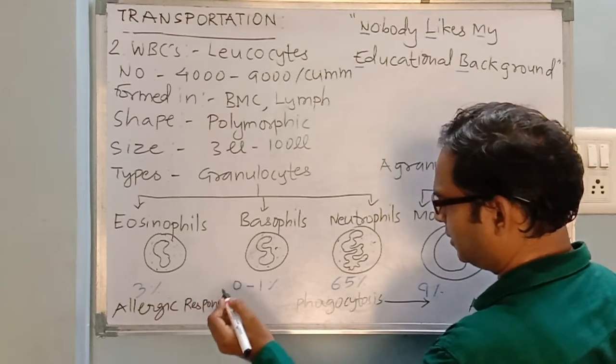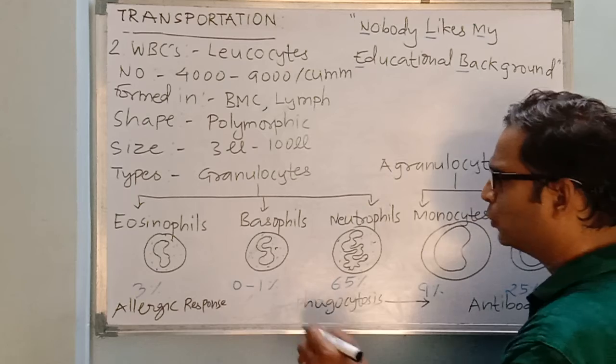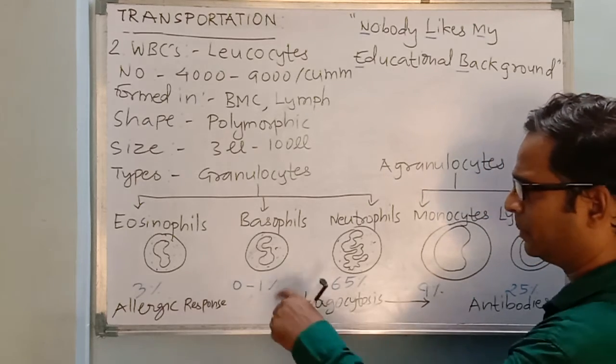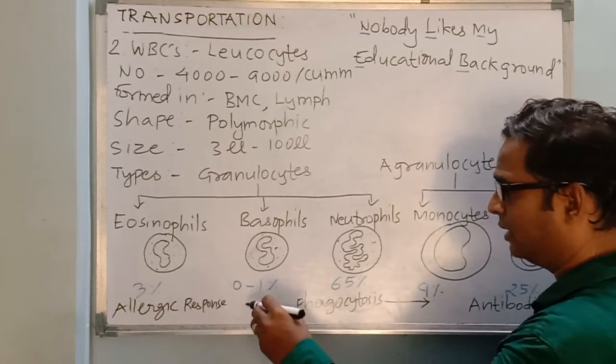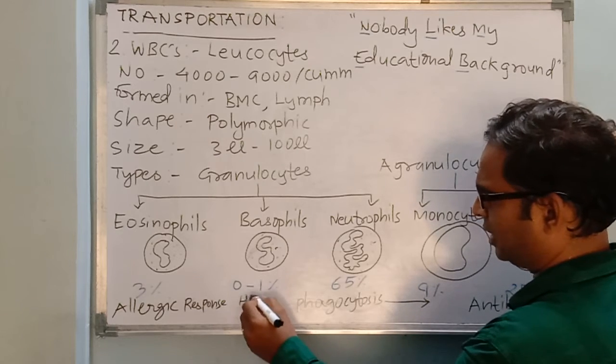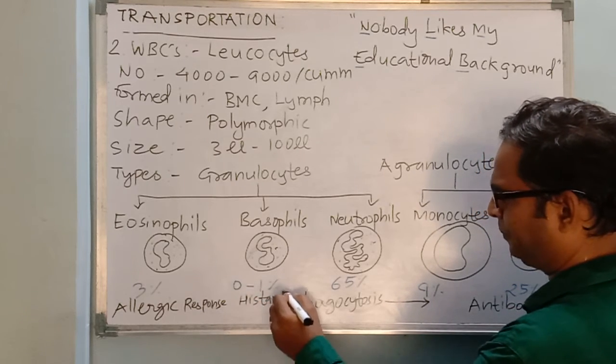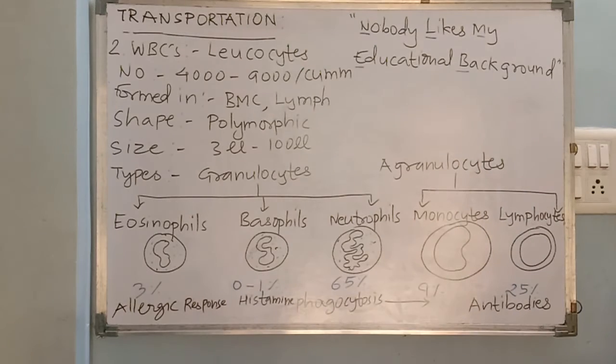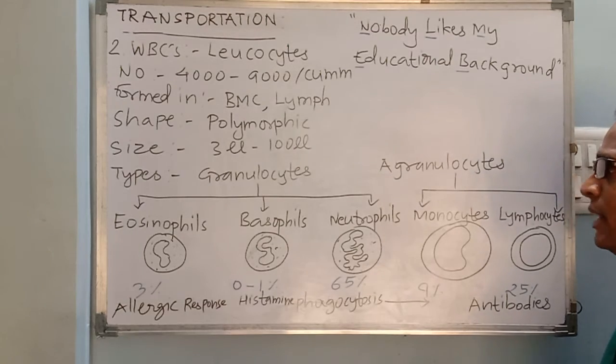And these basophils produce some chemical substances, especially as a response to allergy. That chemical substance is called histamine. So these are the functions of WBCs. And the lifespan of these WBCs varies from 3 days to 10 days. When they are in the lymph, their lifespan is more. When they are in the blood, lifespan is less. Also, there are disorders related with these WBCs, like